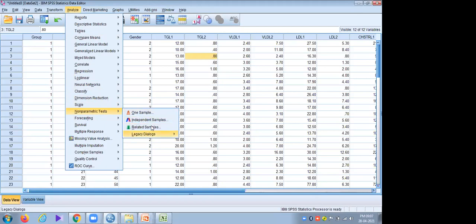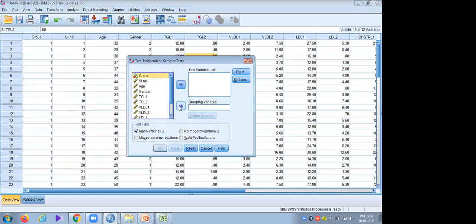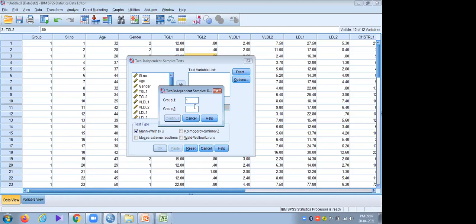Here we have legacy dialogs. We are comparing two groups, group 1 and group 2, so we choose two independent samples. Here we also need to specify the groups: group 1 we coded as 1 and group 2 we coded as 2.